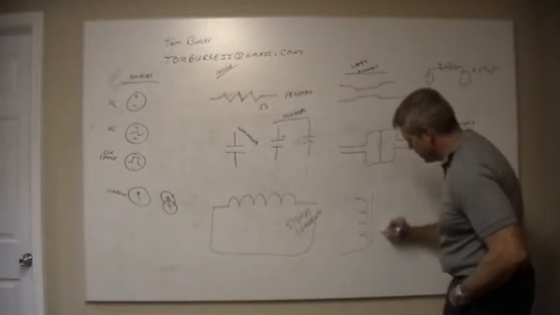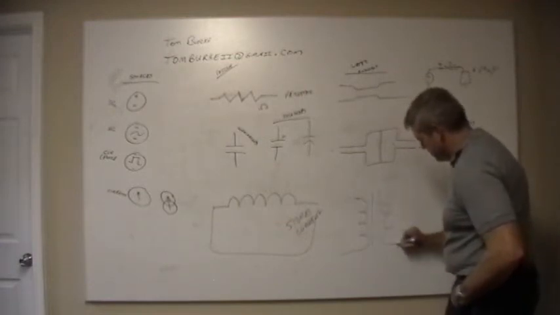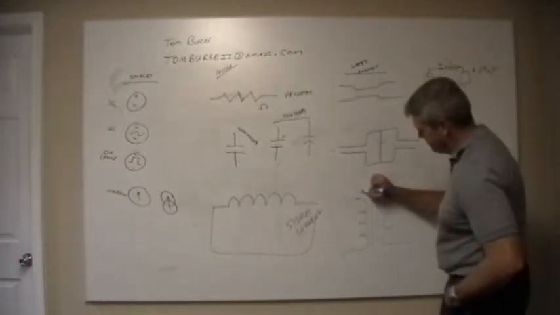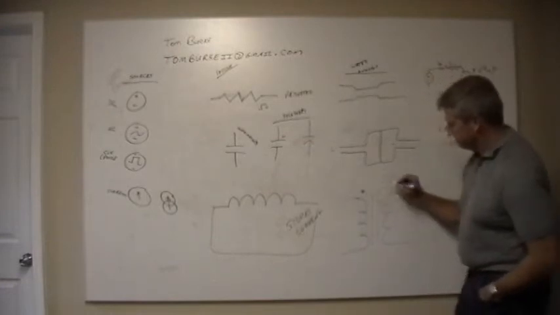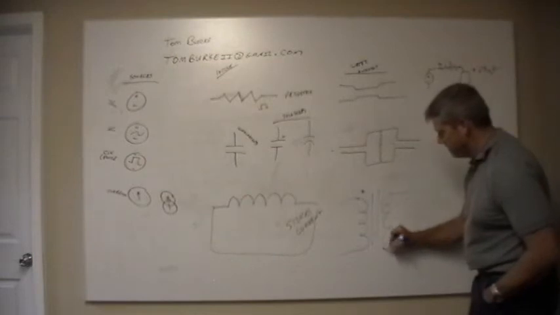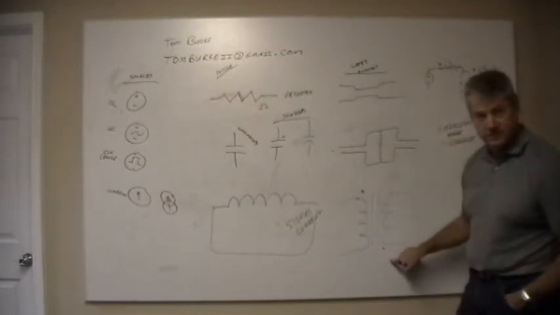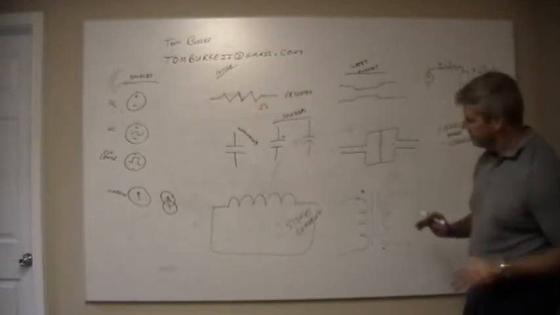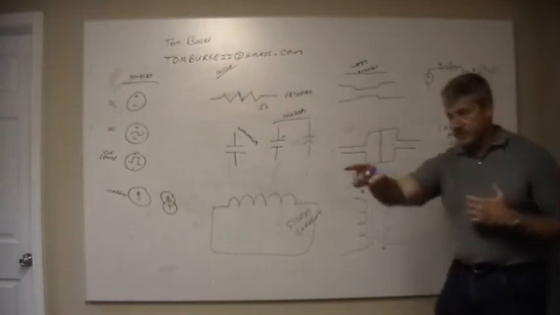This represents a core. And this represents polarity. So if I put this here like this, when this goes positive, this goes positive. If I put it down here, when this goes positive, this goes negative. Or this goes positive, positive, positive. If I put my 60 cycles into there,